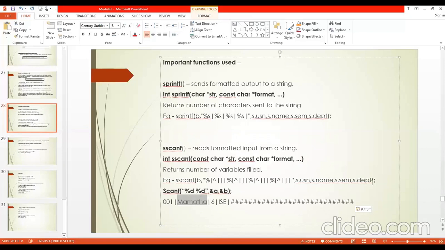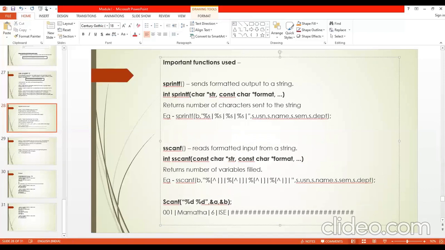Fine. Hope you're understanding. Now, when I use scanf, I give the values 23 space 34. So this is the format in which I have given. It takes in that particular format. 23 is given to A, 34 is given to B. Correct? So similarly, 001, I am taking the characters, whatever character, string, numbers, anything, until the pipeline